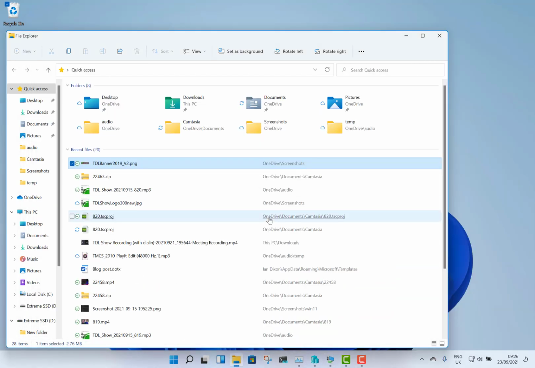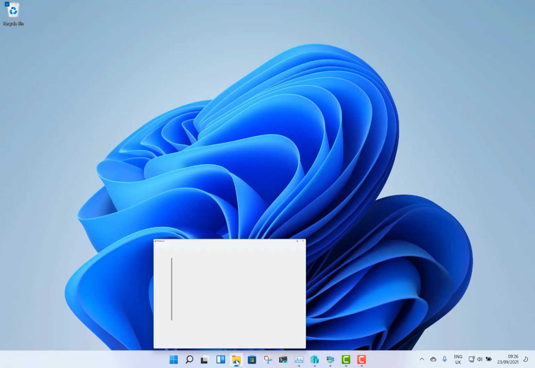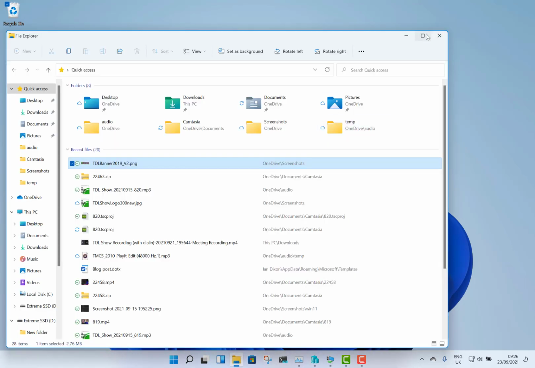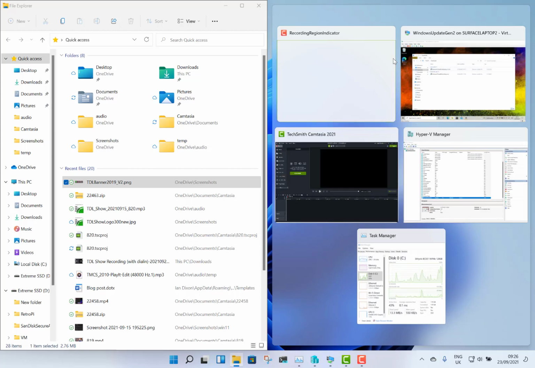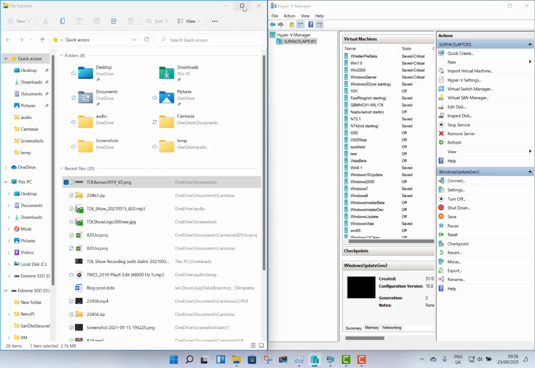But I actually think it's much cleaner than with the new way of working. And talking of windowing as well, you've got a lot of window options on here. You've got these options to split the windows, so you can choose your location. So I've got the maximize button, but I've also got these, so I can say I want this on this side, and then I can choose what I want on the other side like that,